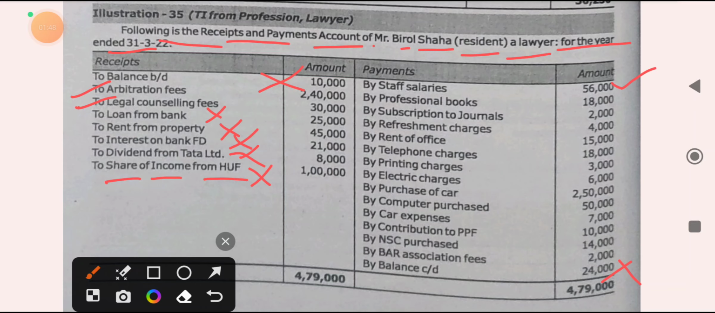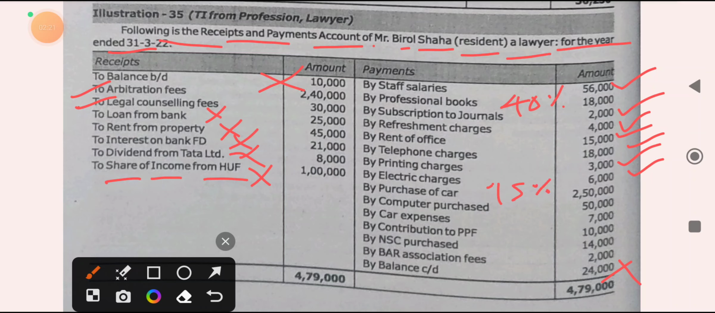Staff salary is expenditure, you can take. On professional books, take 40% depreciation. Subscription to journals is expenditure. Refreshment charges, expenditure. Rent of office, expenditure. Telephone charges, expenses. Printing expenses. Electric charges will be taken as expenditure. On purchase of car, take depreciation. Generally car is taxable at